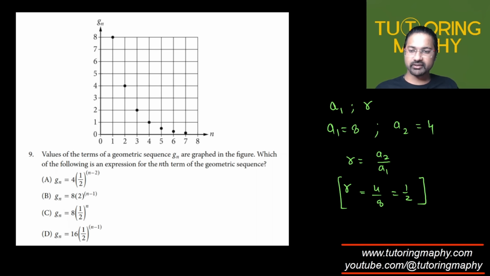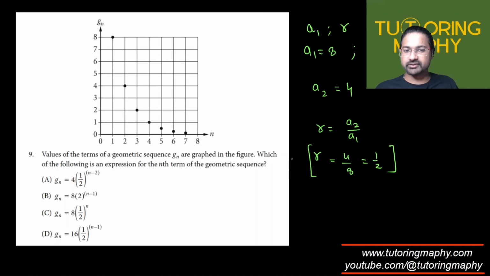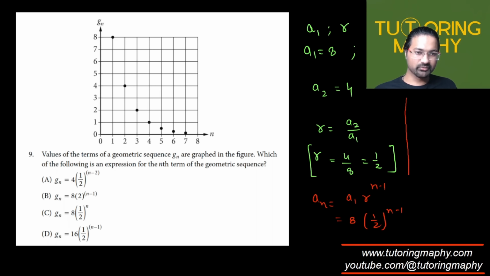So we got the common ratio, we got the first term, and it's very easy to write the nth term now. So the nth term is going to be A sub n is equal to A1 times r raised to n minus 1. It's 8 times 1 over 2 raised to n minus 1, which is obviously not anywhere in the options. So this can be rewritten as,